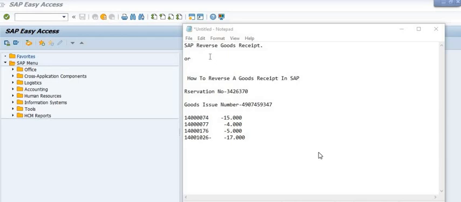Today our discussion topic is MIGO reversal. MIGO reversal may be of different kinds, because once you receive goods against a purchase order, then you can reverse. Once you do a goods issue against any reservation, then you can also reverse. Once you do a goods issue against any maintenance activity, then you can also reverse. So there are different types of goods reversal depending on your requirement, and the process is explained in this